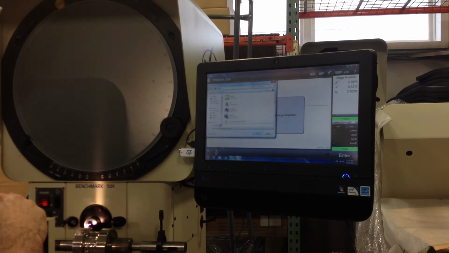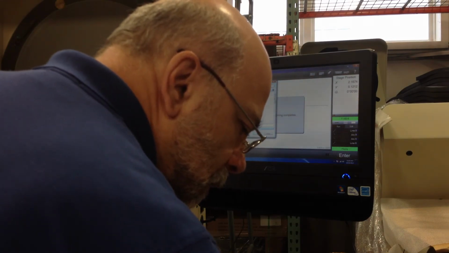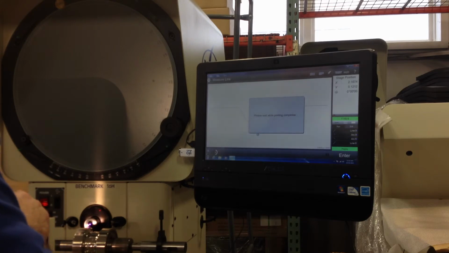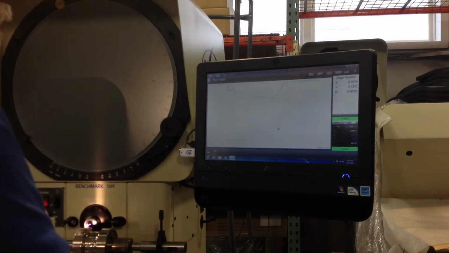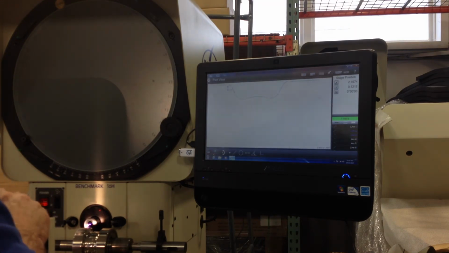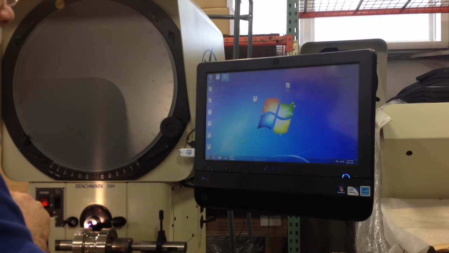It's asking me to name the report. I'll just put a name in here. Save. Now it prints the report to the desktop. I can exit out of here to my desktop. Find my report. And if I double click on my report,